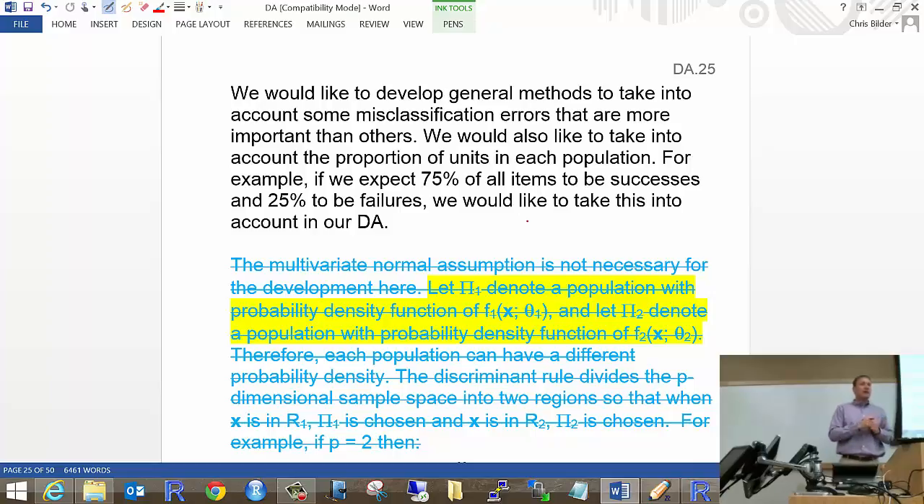So what we're going to talk about today is one way that we can include cost into the discriminant analysis method. Another thing that we would like to be able to do, so this is a second generalization, is to